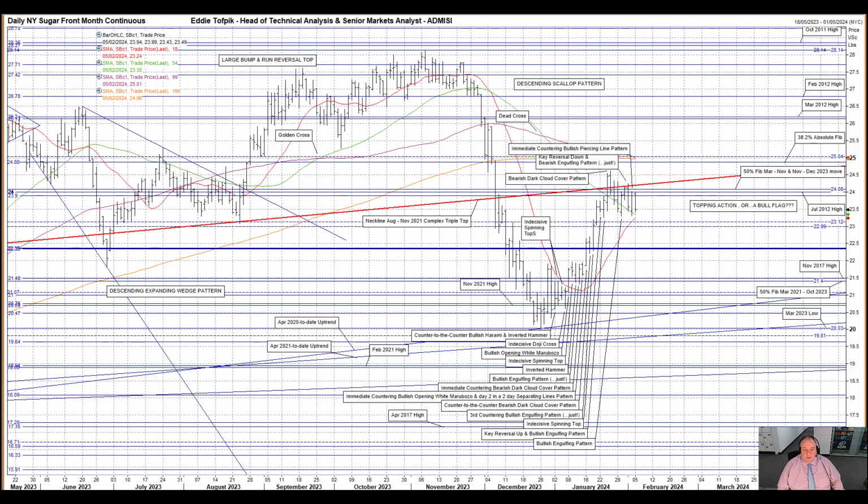ICE raw sugar in New York. I've once again left highlighted in bright red on my daily chart the neckline of the August to November 2021 complex triple top, currently at 24.20. As it was, and still is, part of what I suspected 8 weeks ago might be a new pattern. It is a November 23 to date